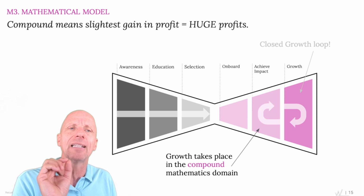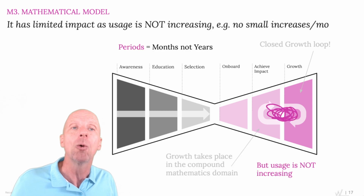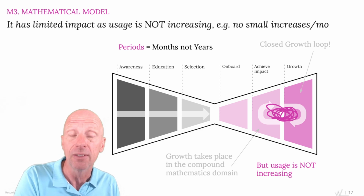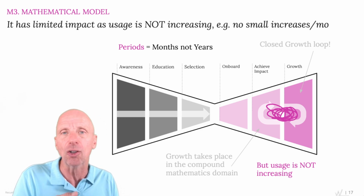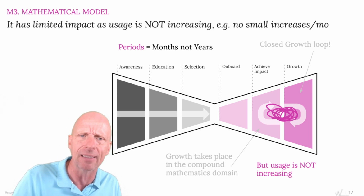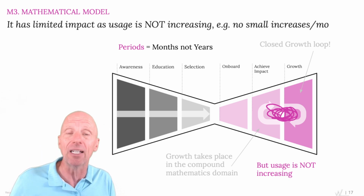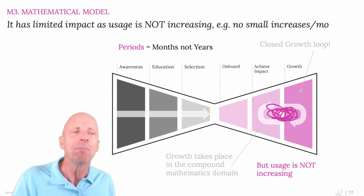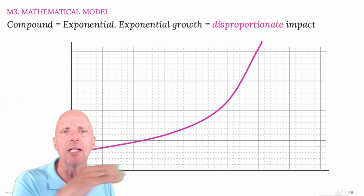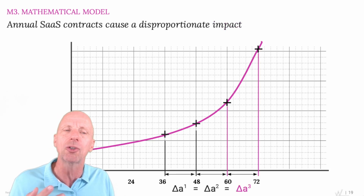What we see here is that PLG takes place in a different mathematical domain. In particular, when those clients start to increase usage and pay for usage, it starts to compound. The opposite is also true. If I start to lose customers or they start spending less money on me, that also compounds, but with a negative impact. This compound nature is the fundamental reason why product-led growth is based on an exponential growth curve. It is based on the fundamental understanding of exponential. And let me explain what I mean with exponential. For those of you who have not seen this in a while, what exponential does,